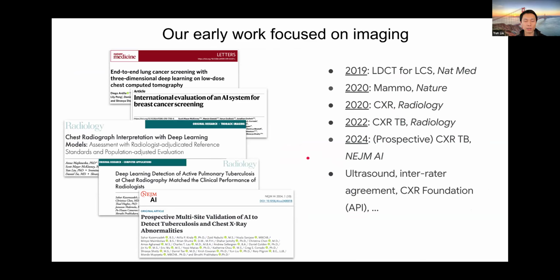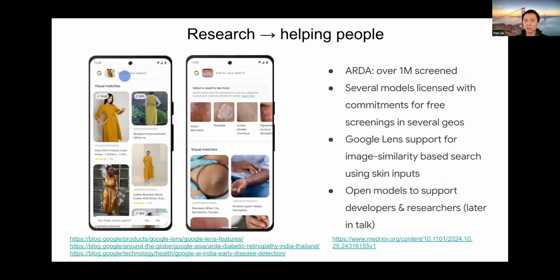So this is going through a really large body of work by many talented people, very, very briefly. But at the end of that journey, one of the things we were asking ourselves is, what does impact mean? I mean, for some of these things, we started to get towards prospective studies, which has really, really good evidence for understanding what has promise in the real world. And as we started to examine that question more closely, one kind of impact in our mind was the diabetic eye disease related work, screening over 1 million patients, we thought was a really good achievement. At the same time, it's also just a drop in the bucket compared to the number of diabetic patients in India where this was being deployed.